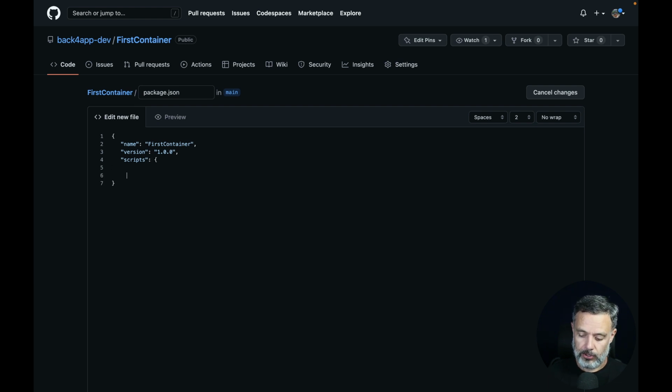This is also a JSON object, so I'm going to open brackets once again. And inside here, we're going to write our start script, which will be basically node ./index.js, the file that we wrote in the last video. Then we have to add our dependencies in here. So comma, as we need another property,